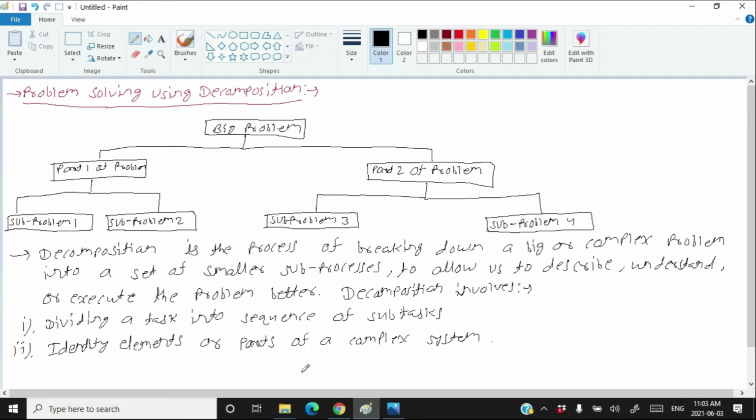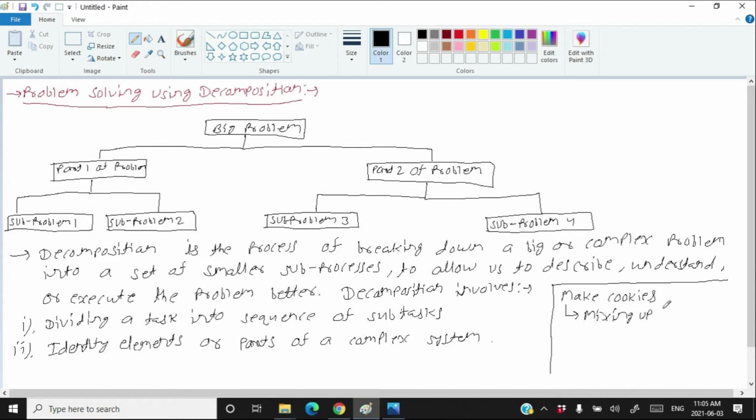Like if you say about everyday example, suppose that you are going to make cookies. So making cookies is a complex task that can be broken down into smaller and simpler tasks. Make cookies. This is the complex task you have to perform, but you are going to divide this complex task into smaller subtasks.